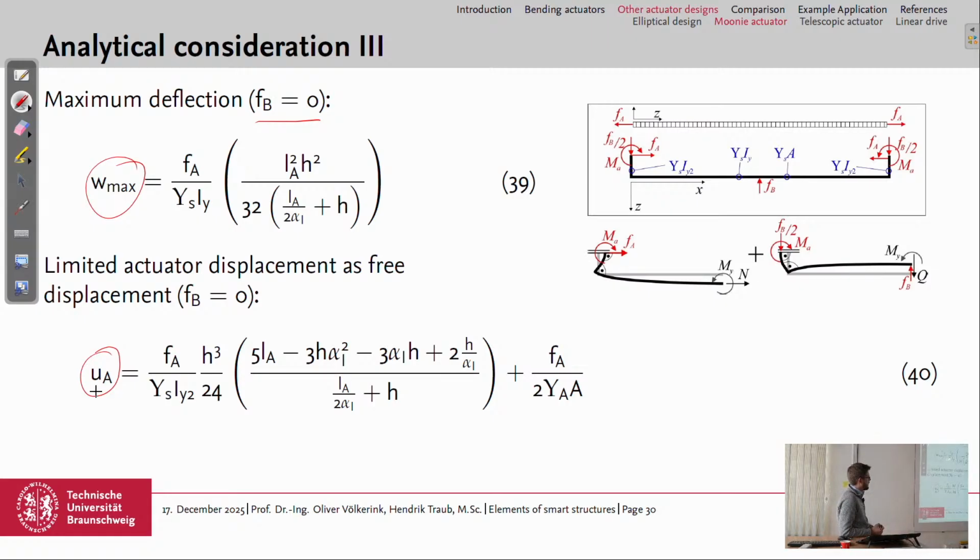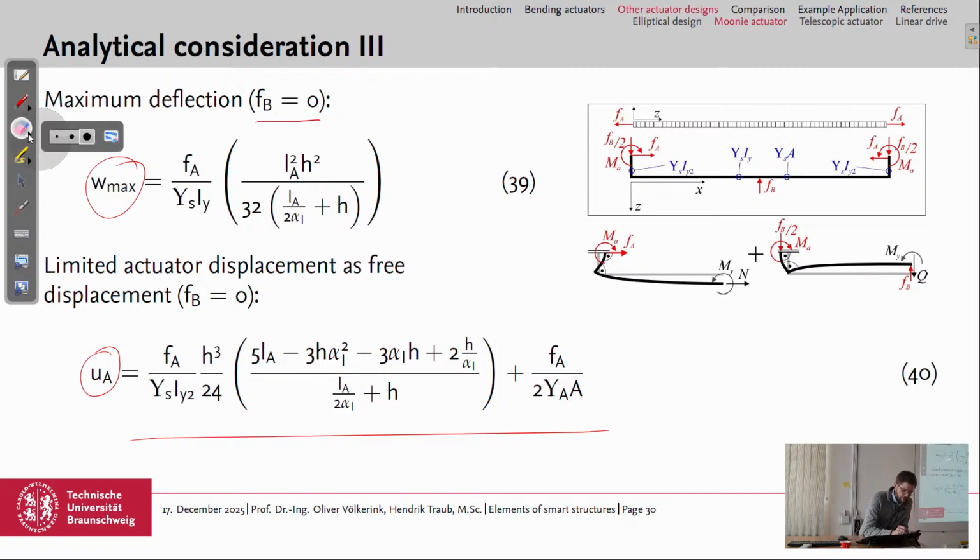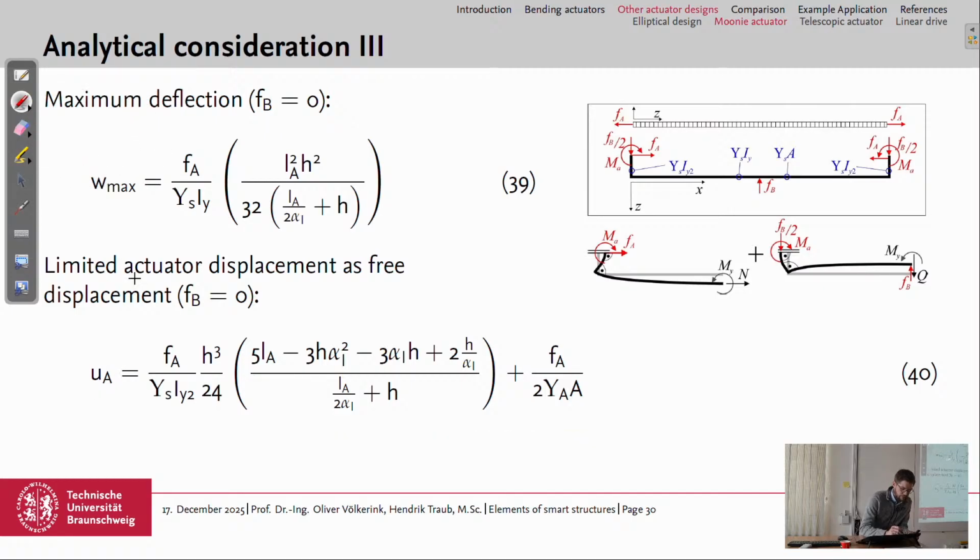not really a free displacement in this Moonie configuration, even if it's in the direction we want to use the stroke, not clamped or fixed. So we have no force in this direction due to the casing around. It's a restricted displacement of the stack actuator, and this is integrated in this equation from the model. But it's not necessary for the exam. I think if you like, you can go through the slides afterwards if they are provided